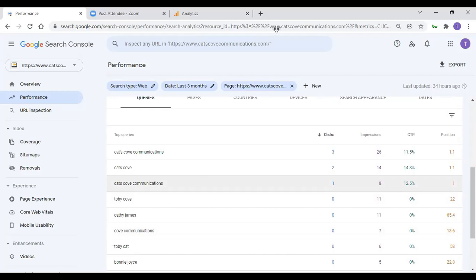Again, this is a very useful tool that is going to take some time. If you had somebody else build your website, go to them and have them do some of this work for you. Okay. Before we leave